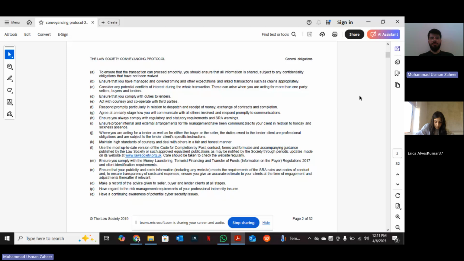Do you know what a chain transaction is? Is it if there's more than one transaction involved? Yes. So if I'm buying a property, the seller who's selling his property to me would have another property that he's buying, and so on and so forth. A chain can be a very long chain of 10, 20 transactions, and a chain can be a very small chain of 1 or 2 transactions, and that's it.